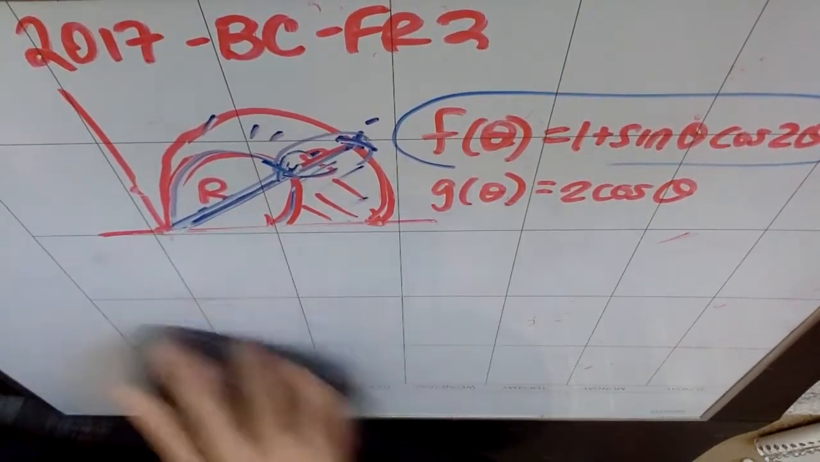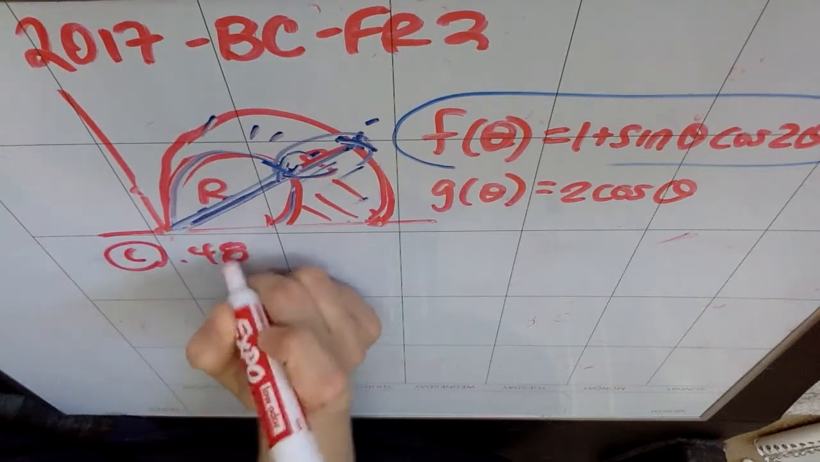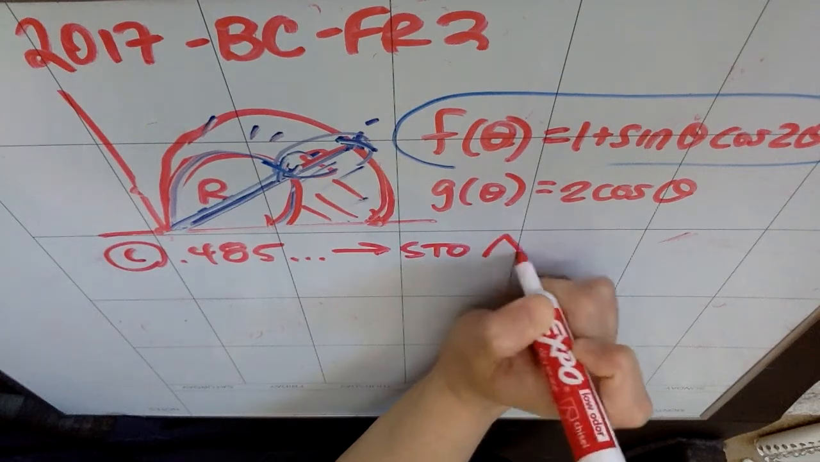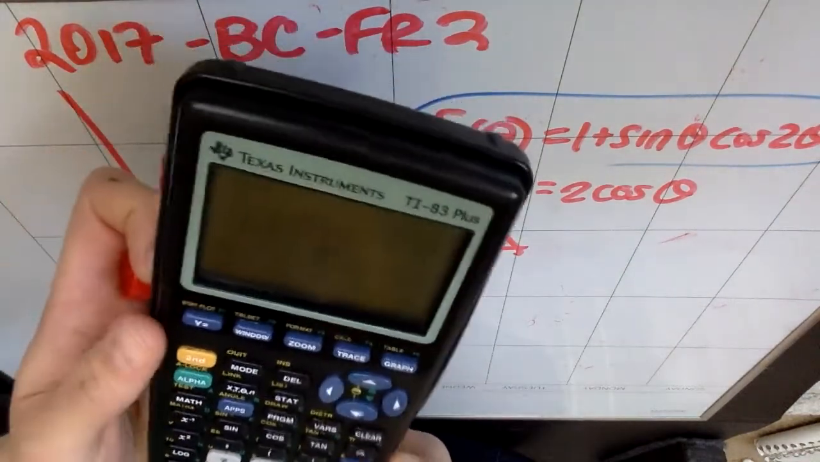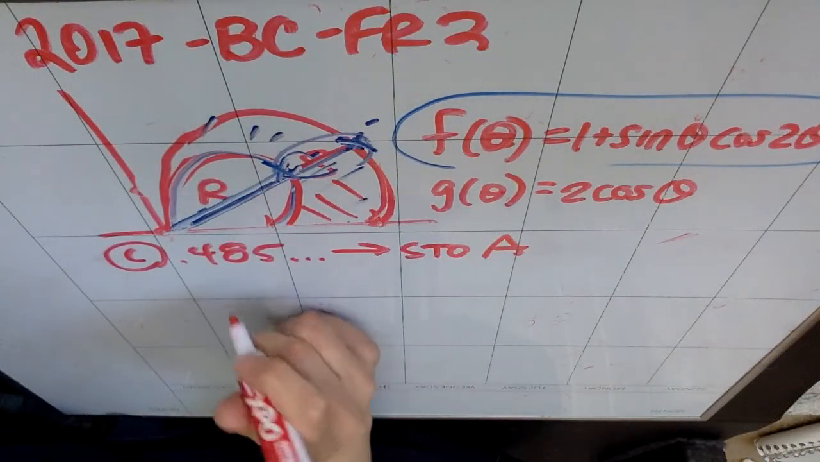Okay, so the first thing I'm going to do is take that answer from C, which was the 0.485 and so on, and store it because I already have it in my calculator. I'm just going to go ahead and store it as A. So in my calculator, I'm going to hit store, alpha A, right? Okay, so what I want is to know when does